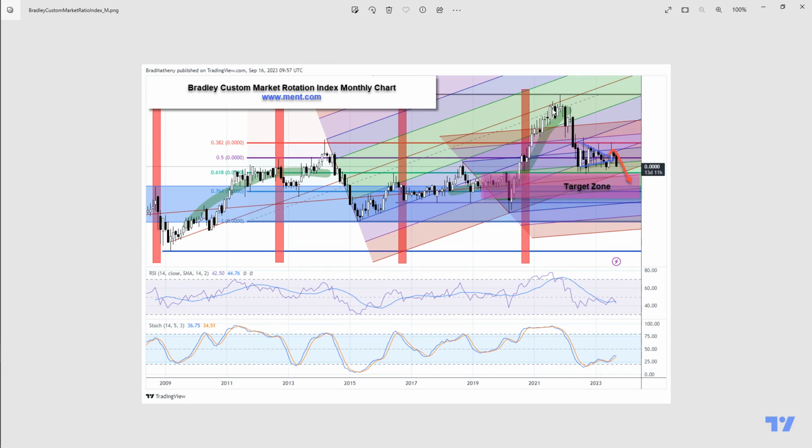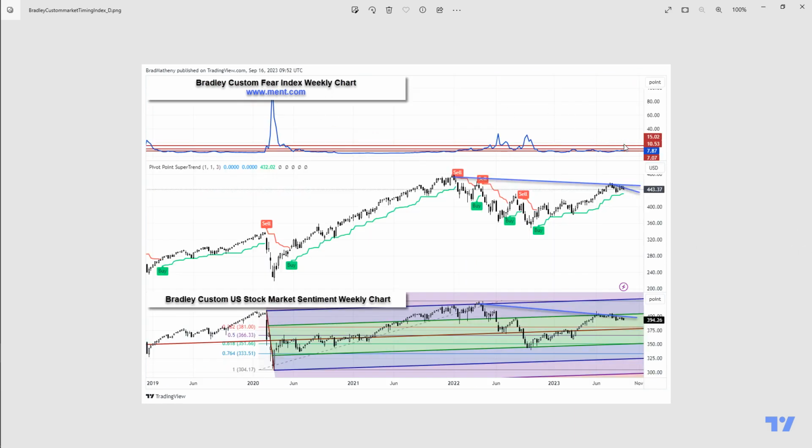This is all that speculative rally that took place after COVID. So watching it unwind back into this channel area or deeper down into this channel area would not be uncommon to see the markets unwind. The fear index is moving higher. This is the S&P 500. This is my custom sentiment index moving lower. Sentiment index moving downward with fear moving higher and the cycle phase back over here moving downward.